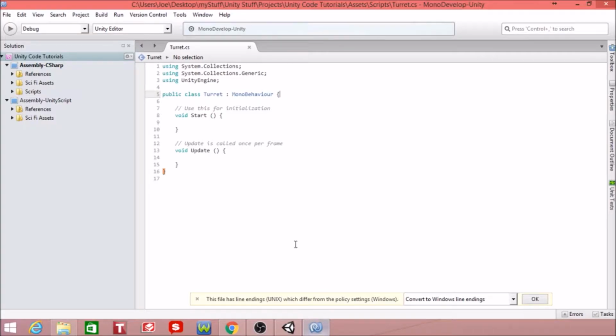We haven't actually changed the script in a way that will actually make it do something. So what do we want to do? We want to be able to rotate it based on the keyboard. So here's what we're going to do. If this doesn't make sense yet, it will shortly. We learned about variables in the first tutorial. So what we're going to do here is we're going to create a speed variable. So I'm going to say float